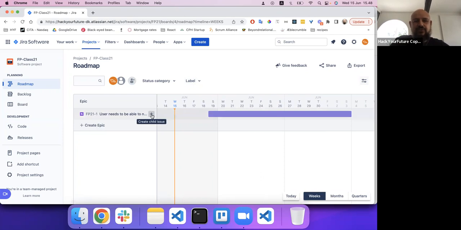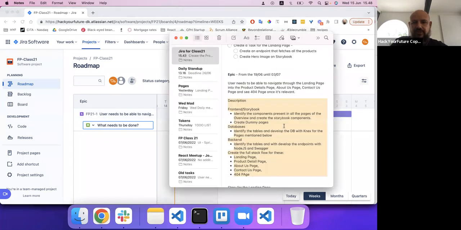And then we have the epic, right? The big one. Let's do a story for the landing page, because that's one of the goals that we have. The easiest thing is to come here and create it from here. If you don't create it from here, you will have to associate it to the epic. So whenever you create a story or a task or a bug, but let's keep it simple with stories and tasks, please come to this view. It's much easier because you are just creating a child issue. And what's the child issue? It's a story,